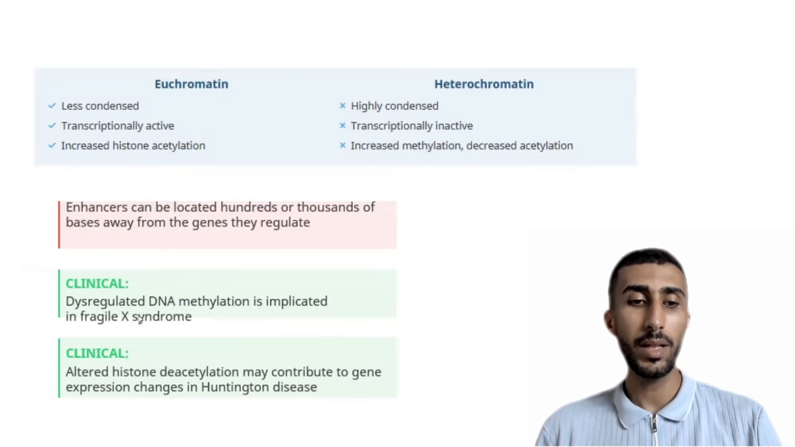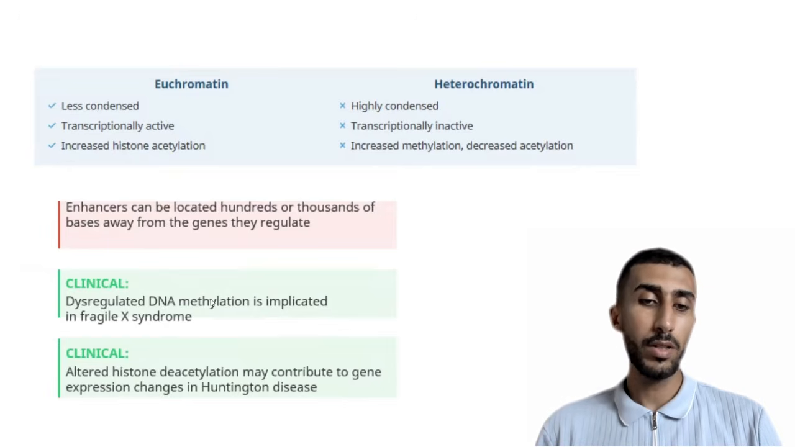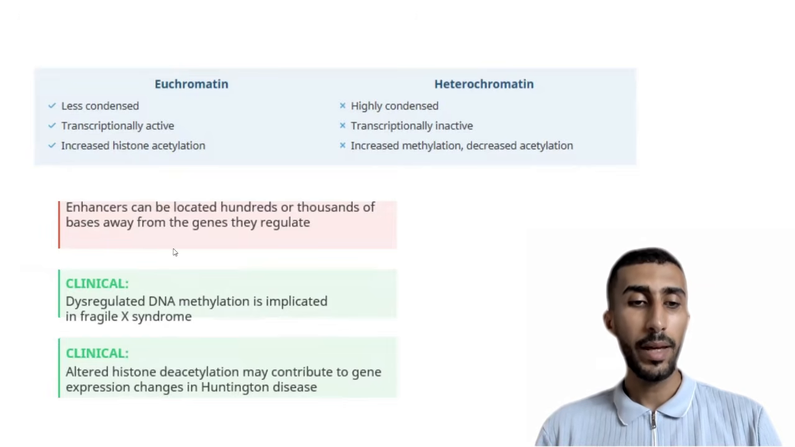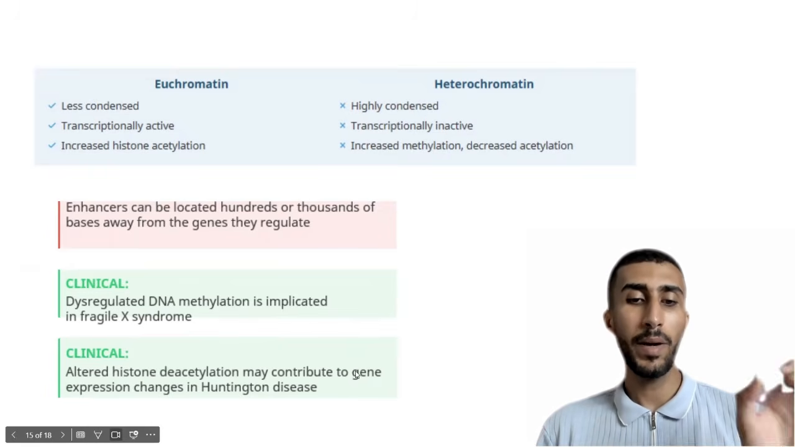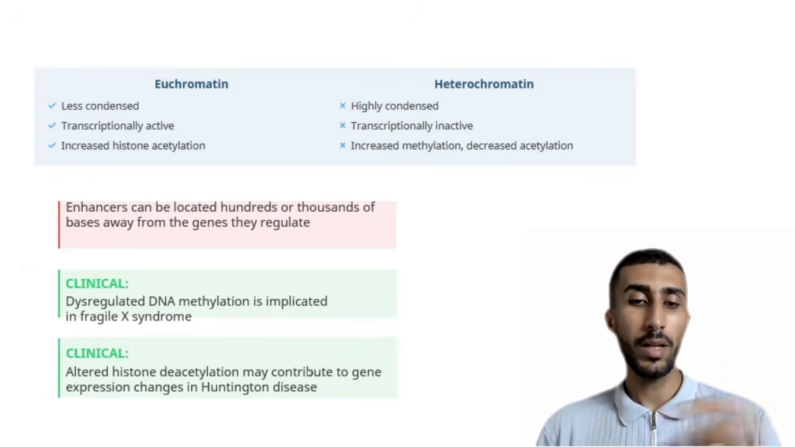DNA methylation is implicated in fragile X chromosome syndrome. So this is related to switching on and off of expression. So this is related to fragile X syndrome. And altered histone acetylation may contribute to gene expression changes in Huntington disease. So you have to get a paper and write every syndrome and the change that is related to it. So Huntington disease is related to the acetylation of histone, versus DNA methylation dysregulation, which is related to